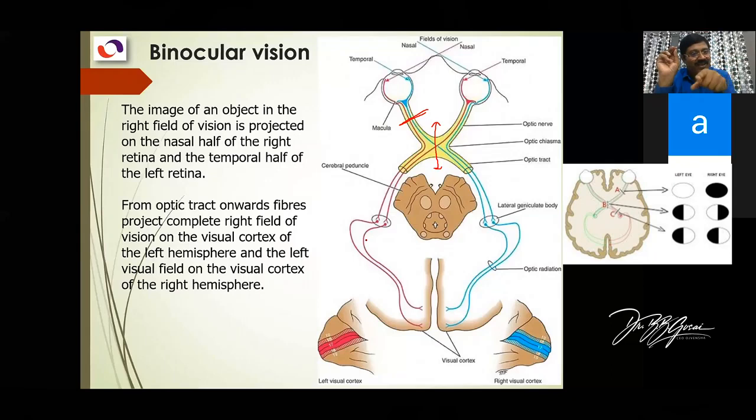It's a relay station of the optic pathway. And medial is the medial geniculate body. It's a relay station of the auditory pathway. So both pathways have a relay station in the geniculate bodies, vision and hearing. Hearing pathway in the medial geniculate body and visual pathway in the lateral geniculate body. So that is the relay station, the lateral geniculate body.